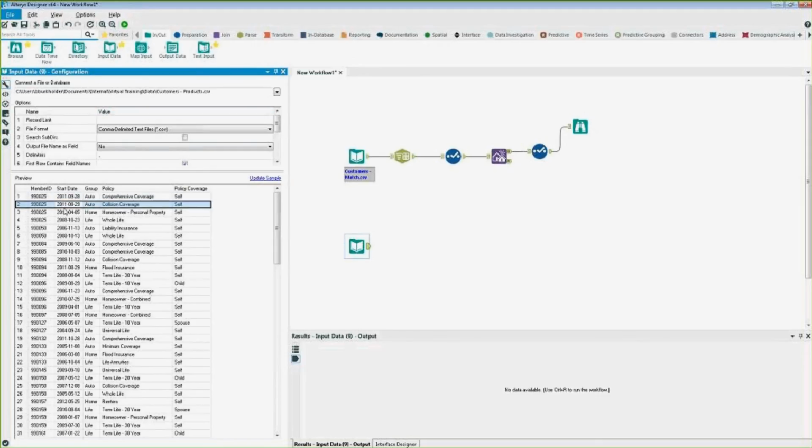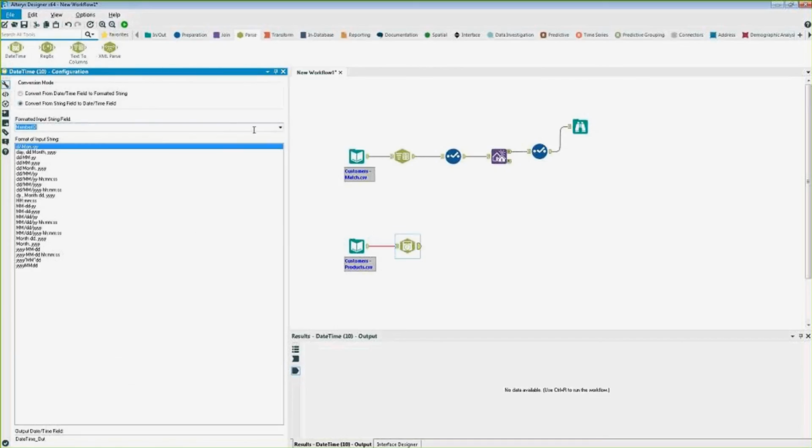If you look at this, though, I'm not sure how many of you are familiar with the different date types. I mentioned before that we want to do some sort of date calculations later to figure out the duration that each of these individuals have held this policy for. So I need to make sure that this is in the correct date format. So I'm going to go straight to my date time tool, drag this into the canvas,